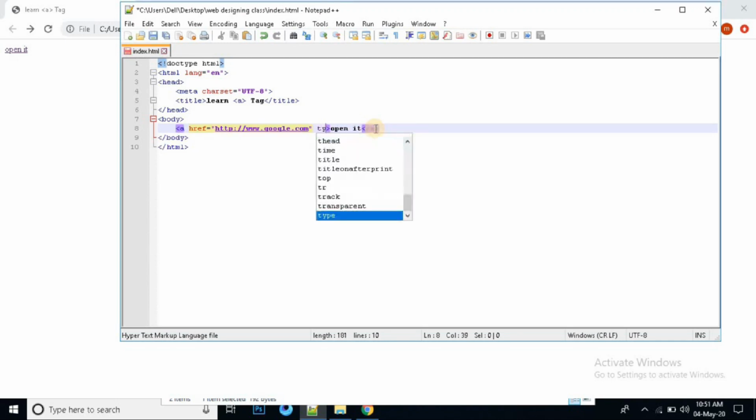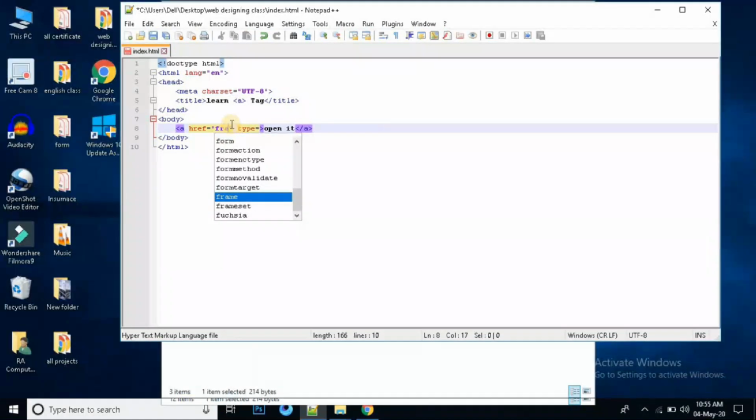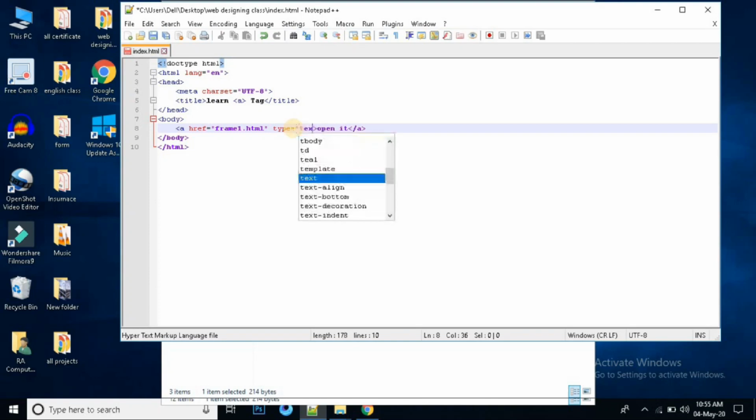Next is the type attribute. It's used to specify the type of the target URL, like text or whatever it is. Now let me change it. We will specify it as text slash HTML, as it is an HTML file.